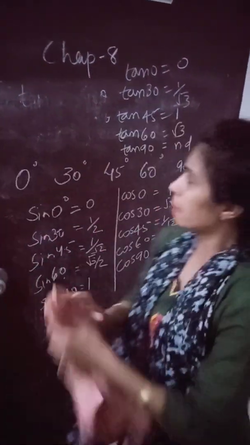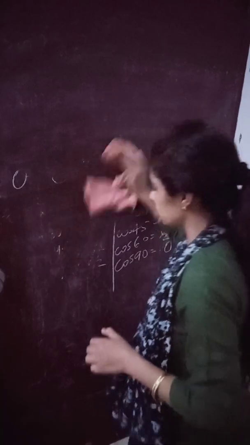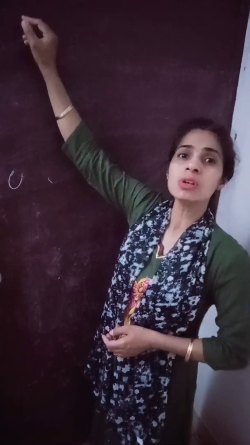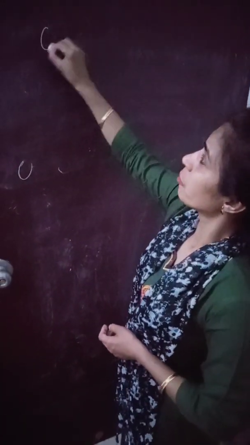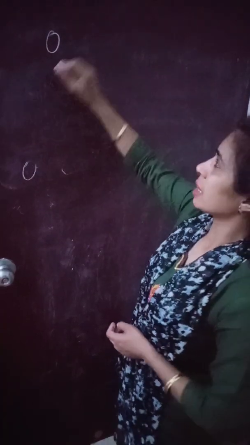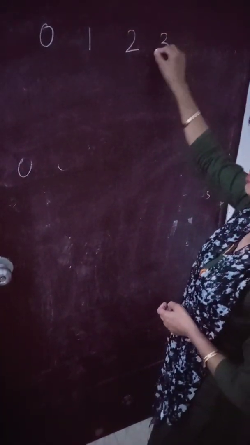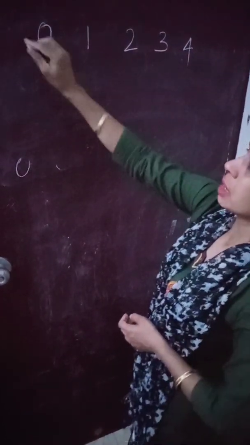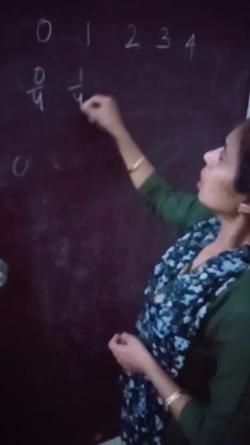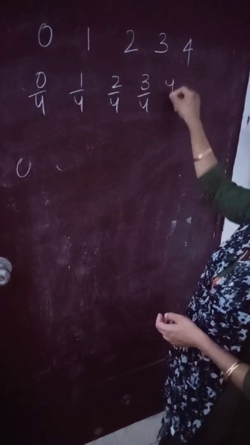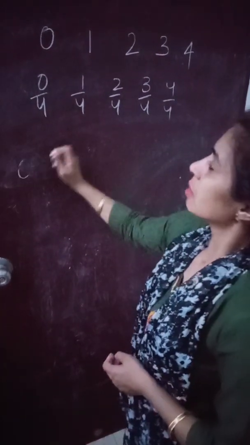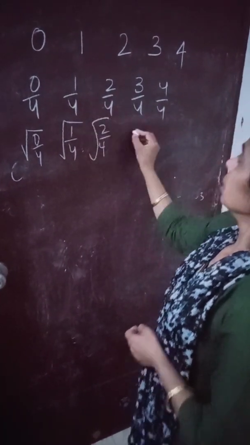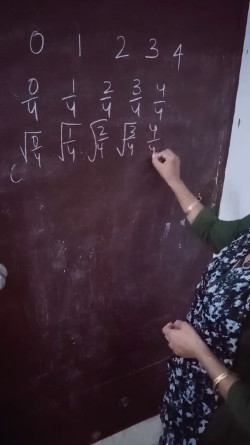Now let us look at another way of finding these values, because sometimes it becomes very difficult for you to learn. So at the time of your exam, you can have this shortcut also. Instead of learning the table, you can frame the table yourself. What you have to do in that case is simply write down the counting from 0 to 1, 2, 3, 4. This is the first step. The second step is to divide all these numbers by 4. The third step is to take the square root of these fractions so obtained. So it is 3 by 4, it is 4 by 4.